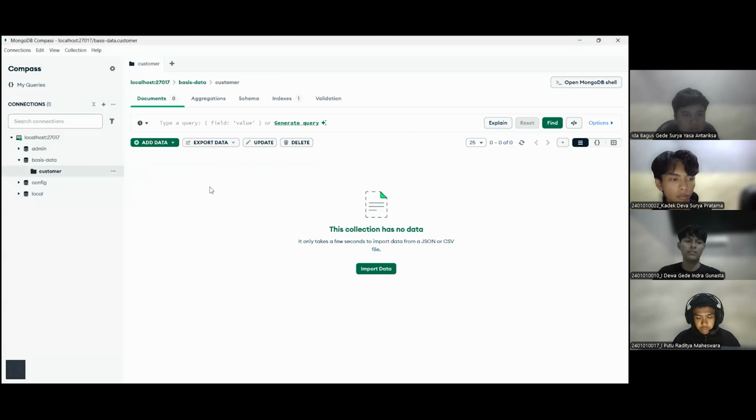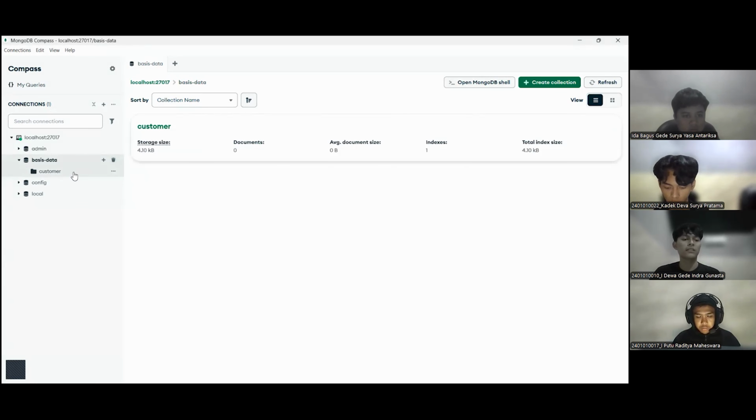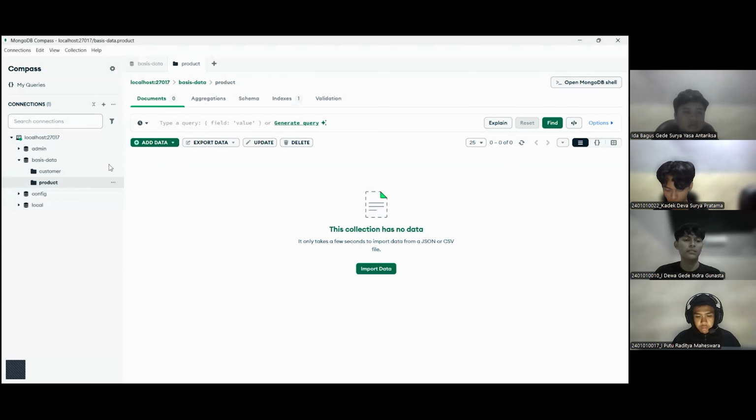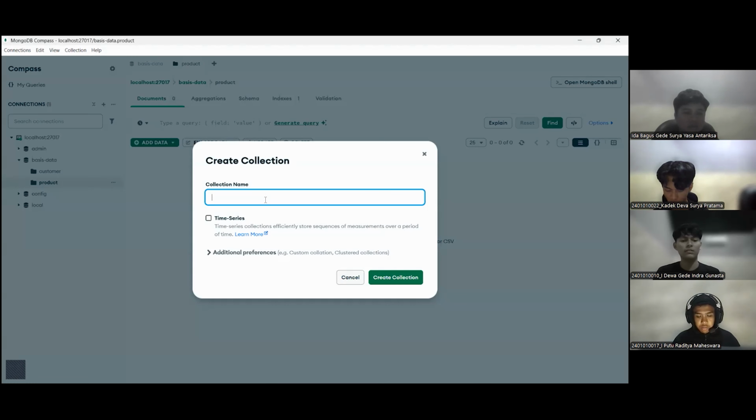Okay, your database. I will add 3 collections here. The first is customer, and then we can add product for example, and then the last is order.